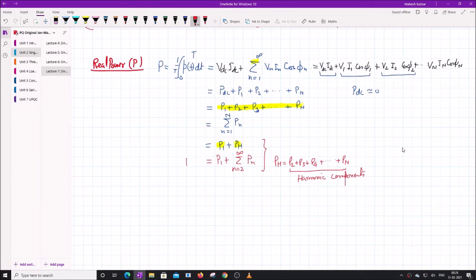Okay, this is a very important expression. Please remember this. We will use the power factor definition for this. So this is the real power. Clear? Now let us come to the reactive power. Reactive power by definition is the peak value of the P reactive. So by definition we can write the reactive power